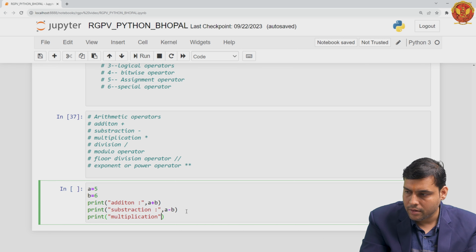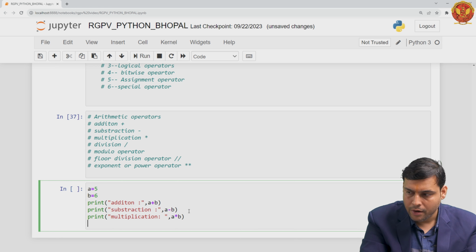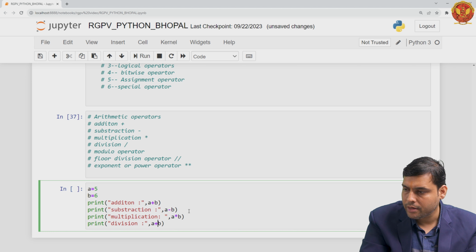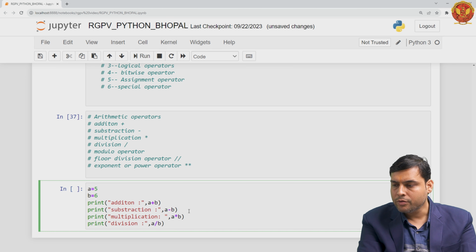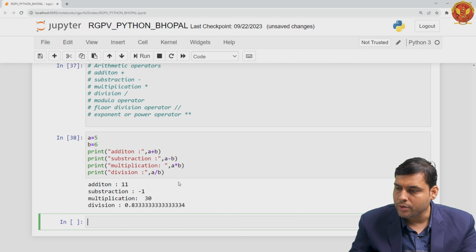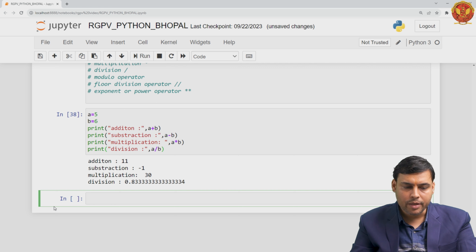That is a into b. We are having division, that is a divided by b. तो फर्स्ट वी चेक दीज फोर बेसिक्स जो हम पहले से ही पढ़ते आ रहे हैं, और मैं इसका कोड रन करता हूं। तो आप देखिए, जब इन दोनों वैल्यूज को आप ऐड करते हैं, 6 + 5 दैट इज 11, देन -1, 30, एंड यू आर हैविंग द डिवीजन वैल्यू।